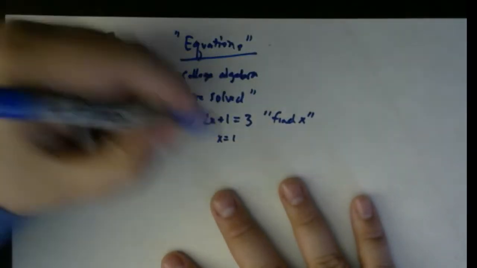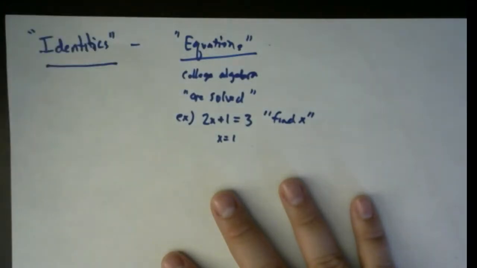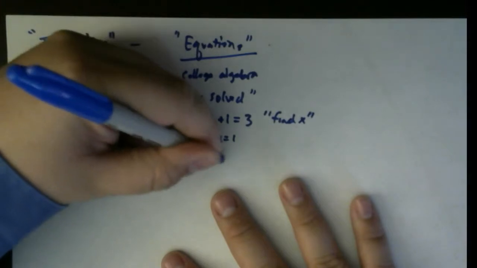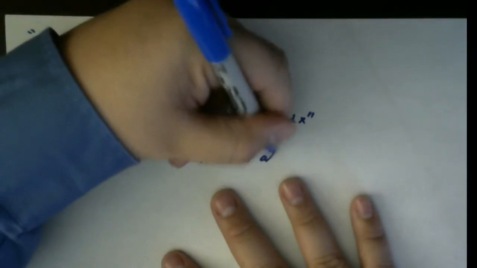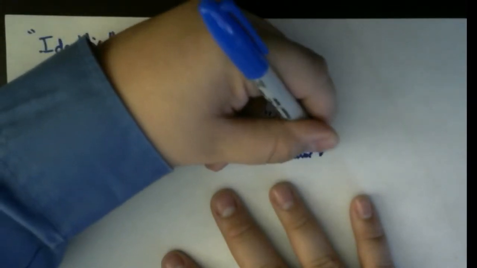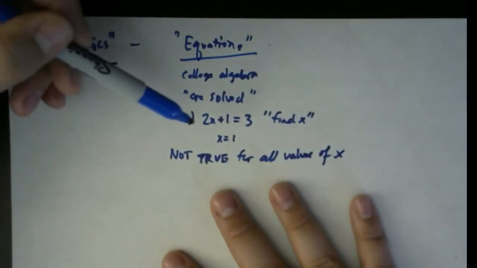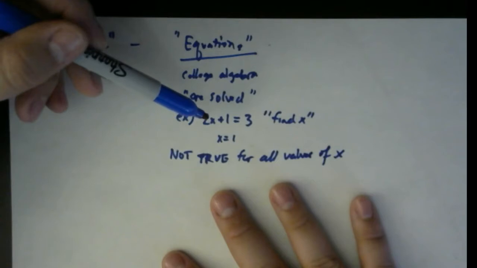Identities, well, first, one more thing about equations. Not true for all values of x. That's the big important thing. An equation isn't always true. So if I plugged in x equals 3, for example,